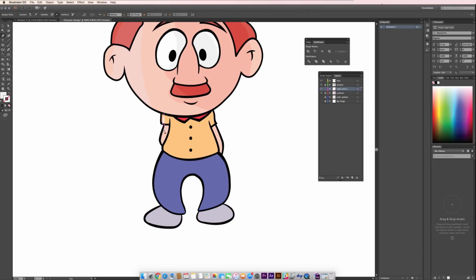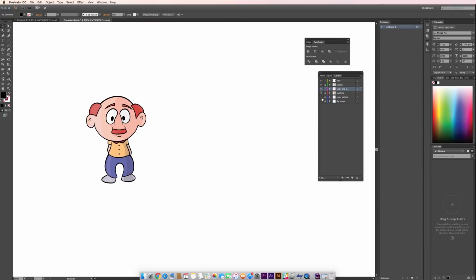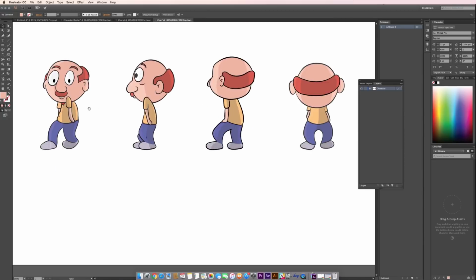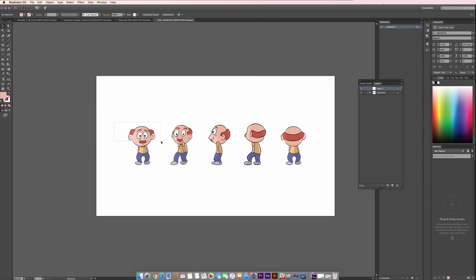Instead of coloring it with the darker and lighter shades of the color, we can also do it in this way. Fill it with white color and reduce the opacity so that we get a lighter shade of this. Similarly, draw the darker shade and fill it with black color and again reduce the opacity to get the darker shade of the body. In this way, complete the other 4 rotations of the character. Here you go. I've drawn all the poses in a similar way and gave them shades.